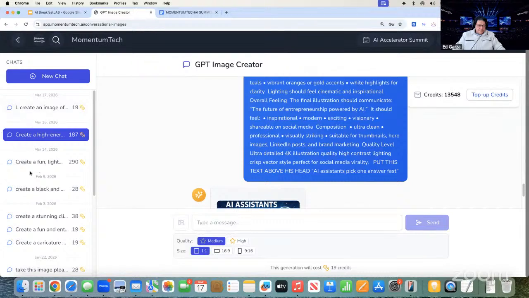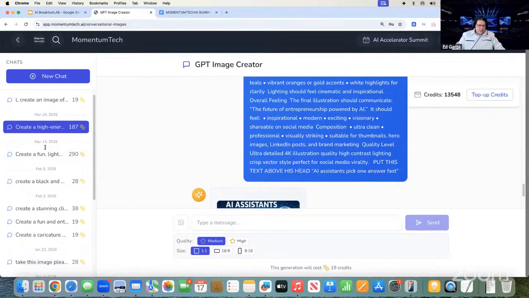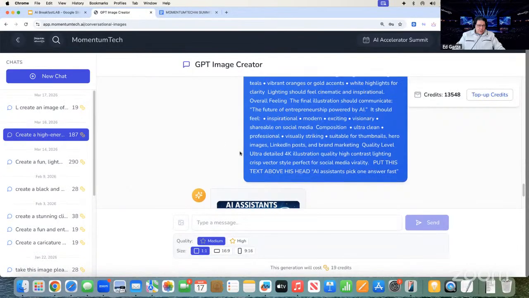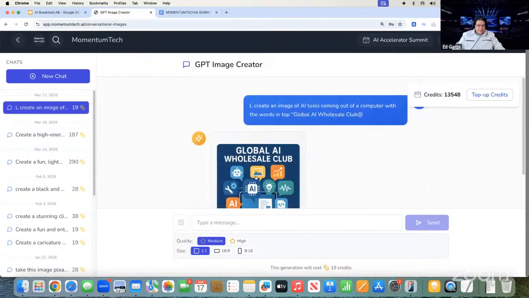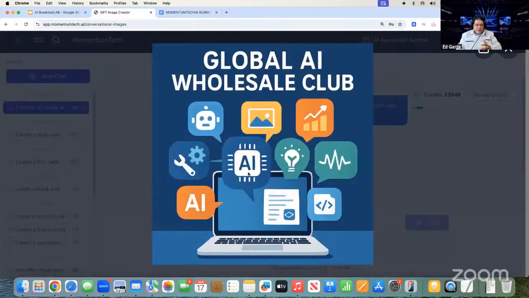So all of your images that you work with are here. So we're going to start a new one. Okay. We're going to start a new one. I did one last night. So I will tell you right now that it does really good text. It gets it right almost 100% of the time. This is specifically the GPT image creator. Okay. Where you give it a prompt and it generates an image.